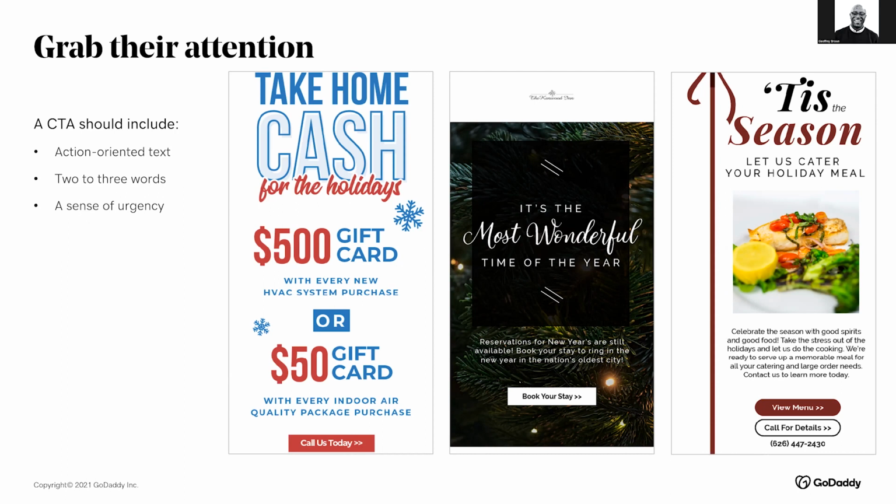Also, as you're designing your email campaigns, keep in mind that the average prospect opens only about 18% of the emails that they actually receive. So you need to be impactful and timely. And with that in mind, be sure that you're using a catchy subject line to really differentiate yours from the other countless emails in the inbox. So when you're creating your campaign, don't just kind of put something in the subject line. That's just as important as the email itself because you need people to open it in order to see your beautiful email.